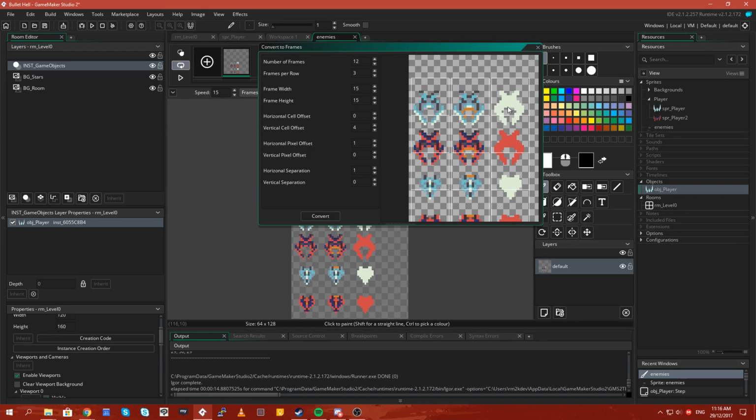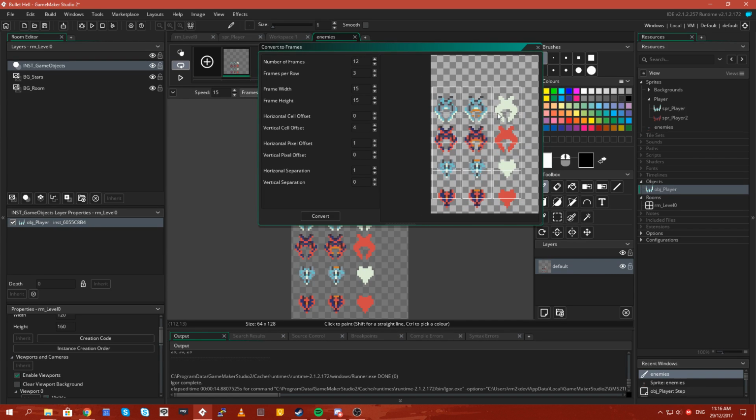Assuming one of these is moving left and one of these is moving right. Actually, I don't know what these frames are. Actually, these frames are simply moving down, I think firing a weapon, and then I think they've been hit with damage. And then our vertical offsets, our vertical spacing should be 1. That looks right. That needs to be 15.